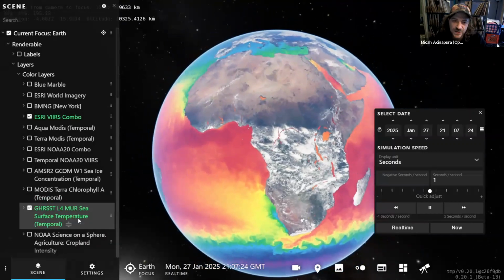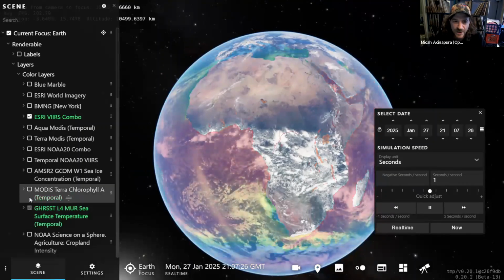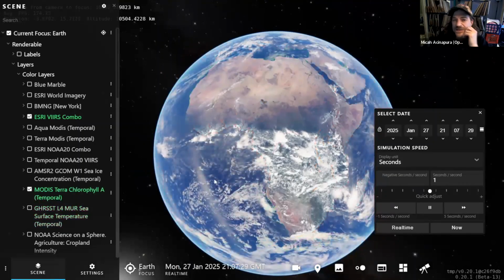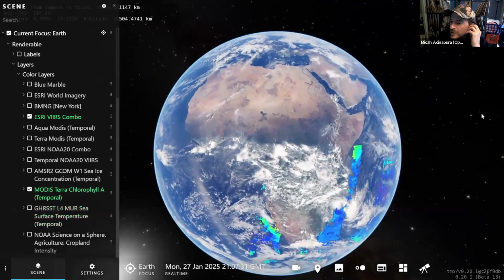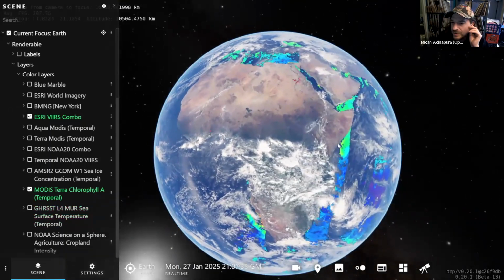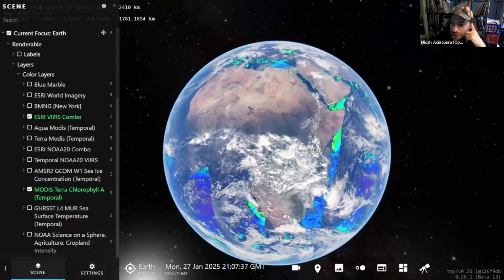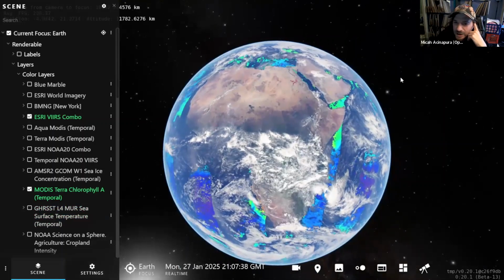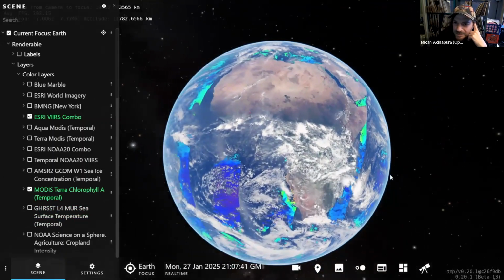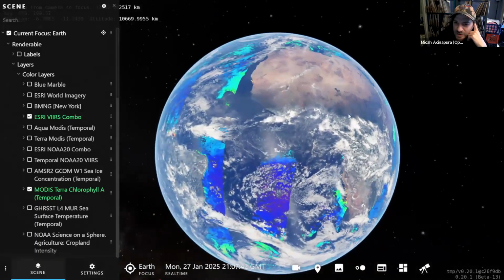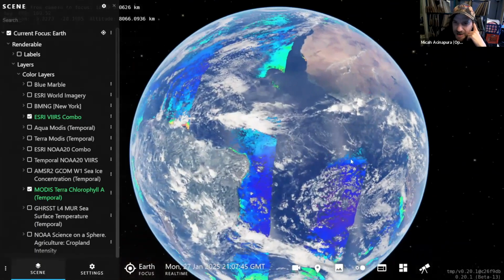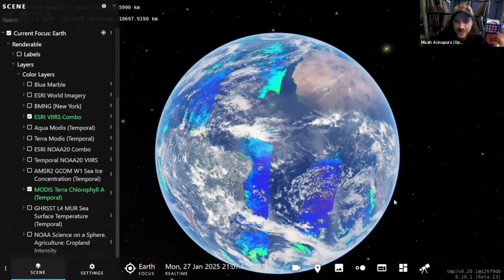And so, yeah, here is the sea surface temperature. And here I can see something like a chlorophyll layer, which is going to help me show basically life in the ocean. I'm not exactly a biology Earth observing expert, so I can't really say more about it than that,